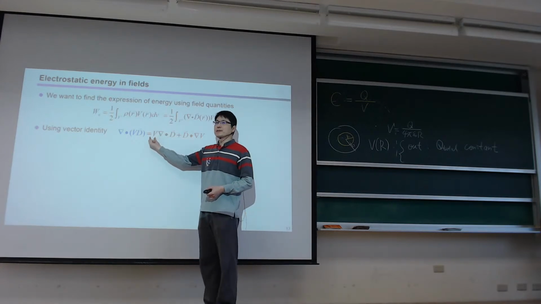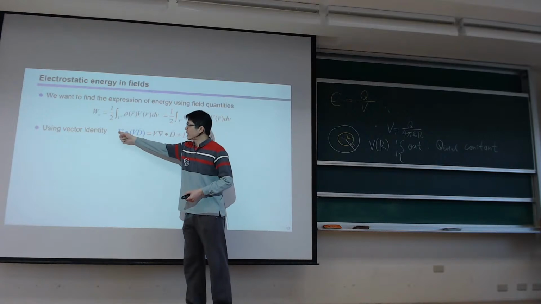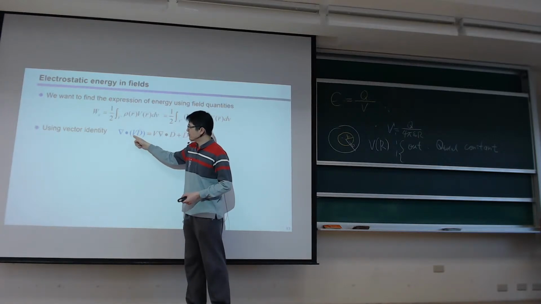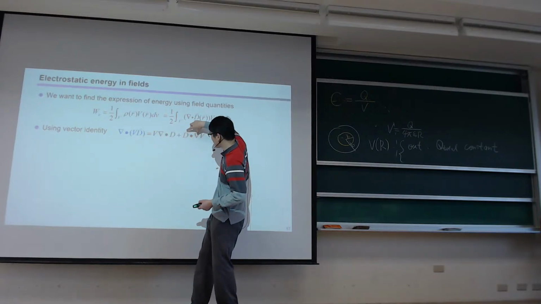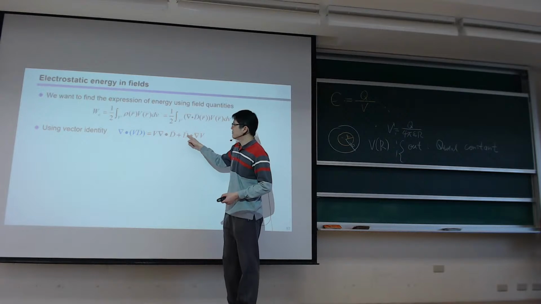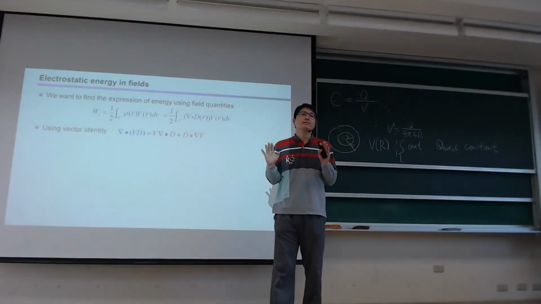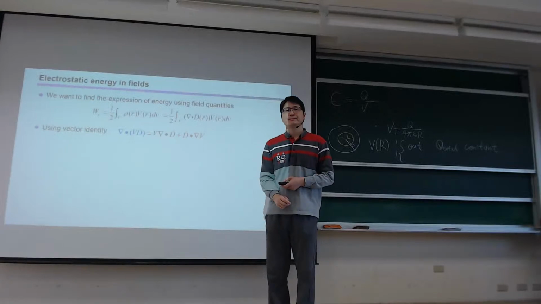We have a scalar potential multiplied by the divergence of a vector field, and that is equal to the divergence of the scalar field multiplied by the vector field, minus, I move this one to the left, minus the vector field making a dot product with the gradient of the scalar field. So this is a well-known vector identity,